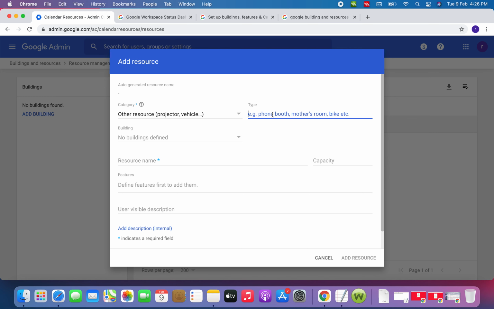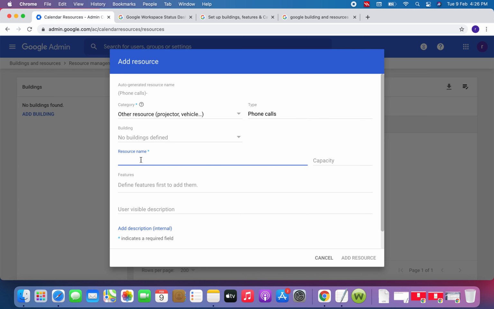Here you need to give the type, so I can say phone calls. As I don't have any building, this option is disabled.